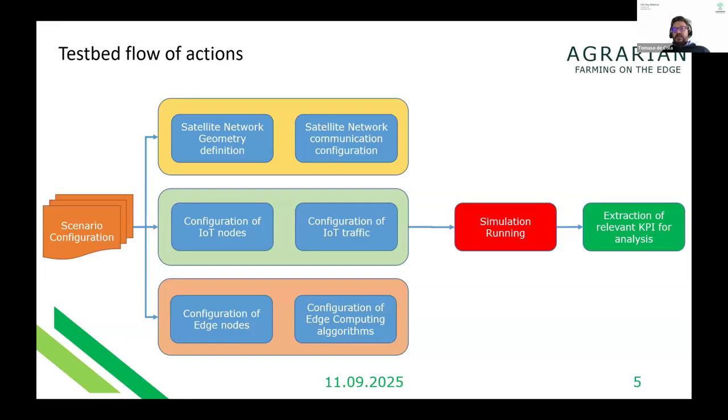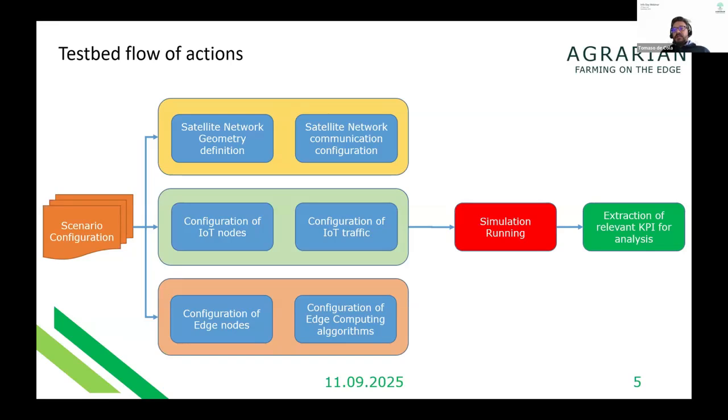And then after that, there will be the actual configuration of the testbed system in terms of, as I said before, a number of satellites, number of on-ground nodes, and the characteristics of the satellites from a geometry standpoint. That means the altitude, the number of satellites, the number of orbital planes, if desirable, and the corresponding